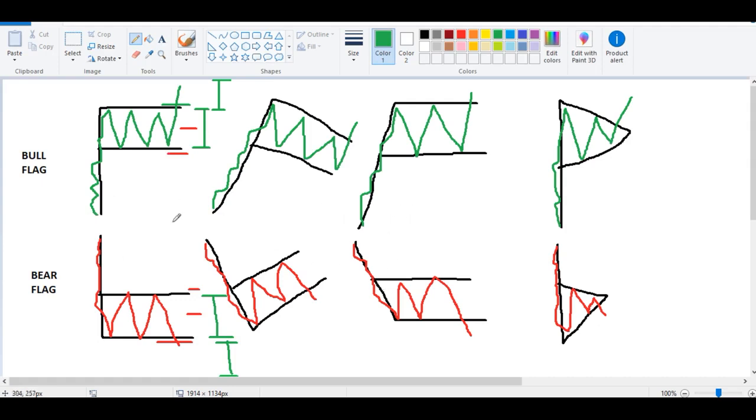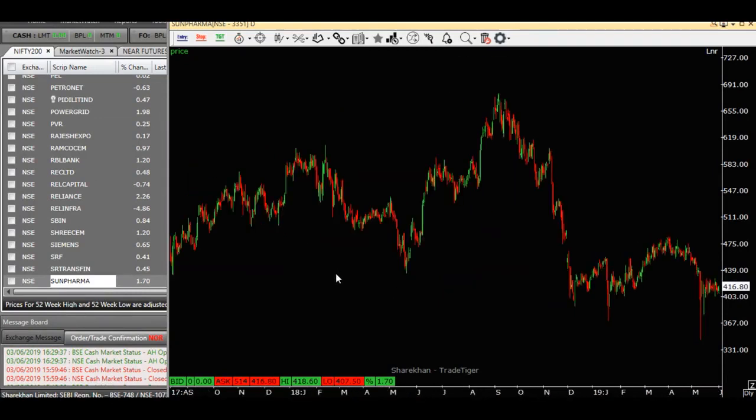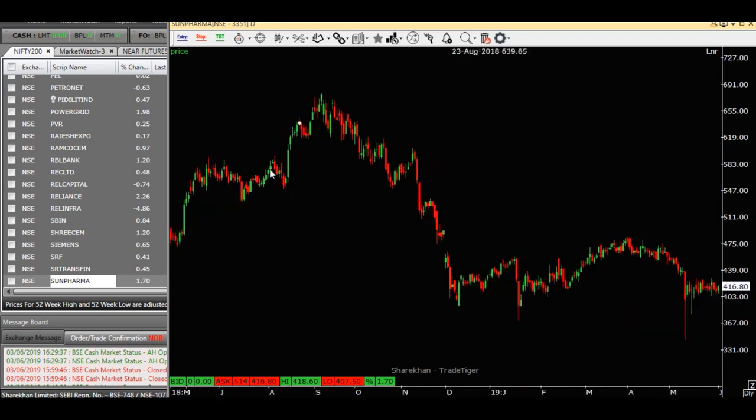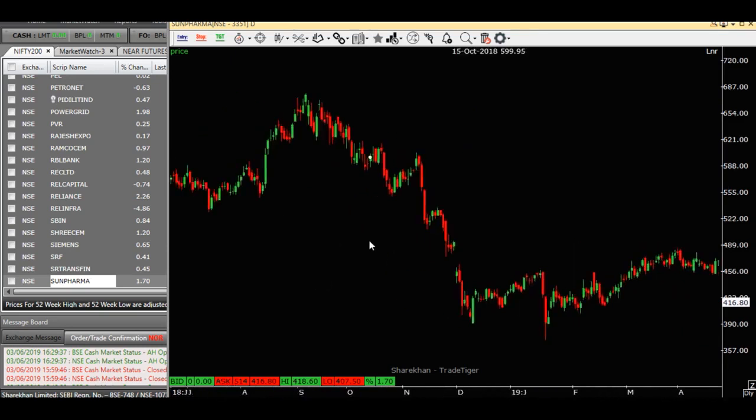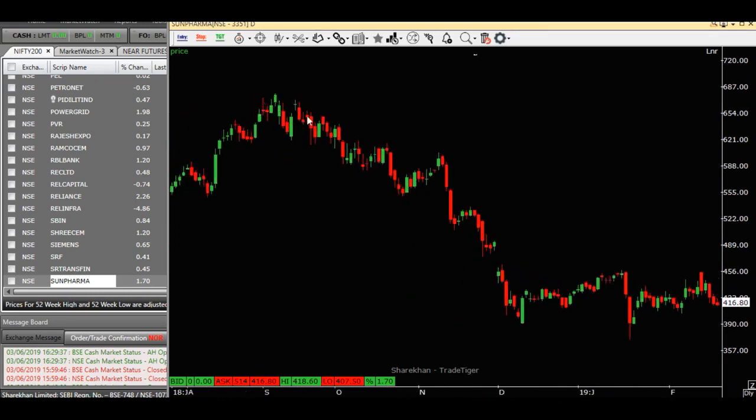So now that you've seen these different formations, let's go on the charts and see what a flag pattern actually looks like. So I have Sun Pharma here, the daily time frame. Let's look at a few bear flags, right? Because if you can see from this point till this point, price was in a downtrend. So we can see a nice impulsive move from here till here,